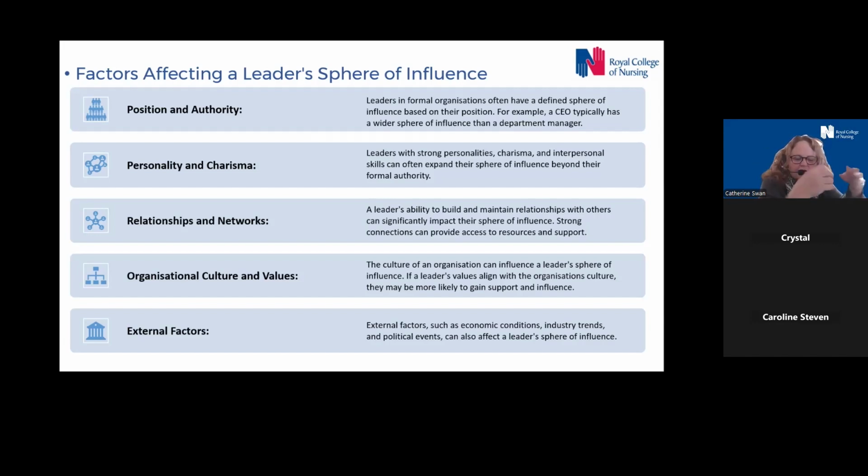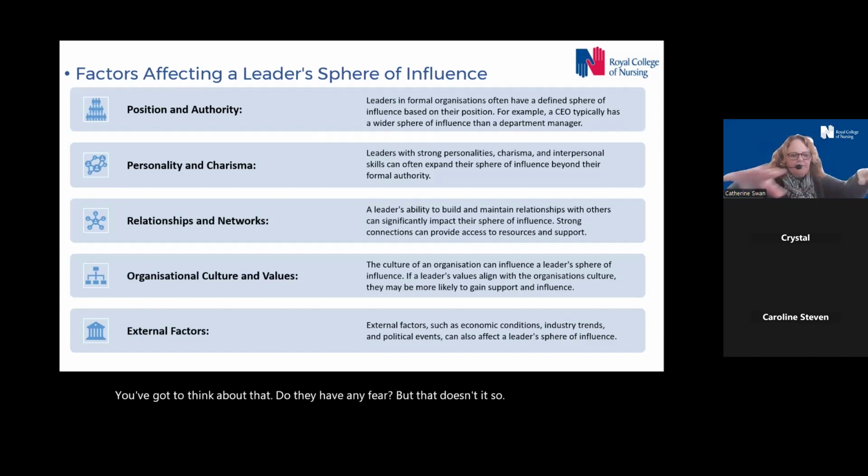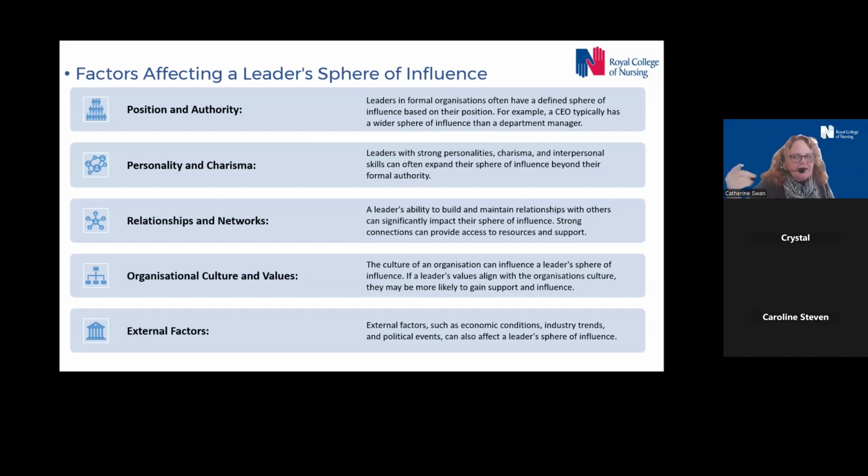So they have a huge sphere, and you look at the different levels of sphere from where your sphere is in the position that you're in. If you're relatively junior, you may feel that your sphere of influence isn't particularly big, whereas if you are senior or a manager, then you feel that your sphere of influence is much wider. And we go back to the answers that you gave earlier, where people had mentioned you're a role model. But I think a lot of that has to do with experience and being able to actually lead from the top, and lead as a role model.